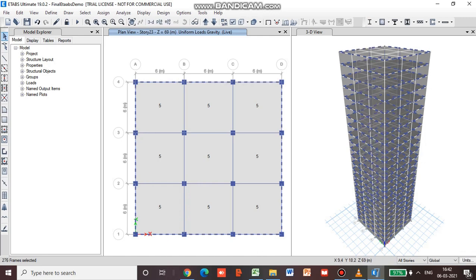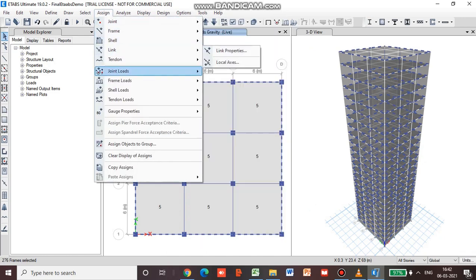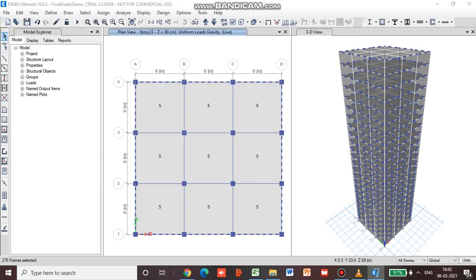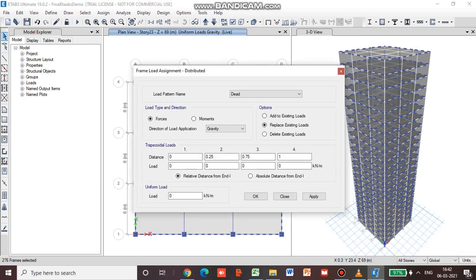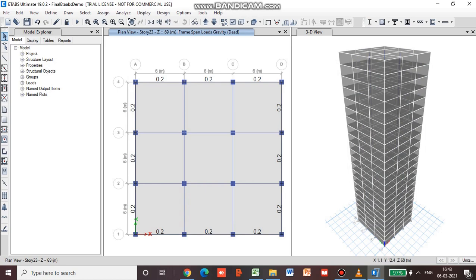Once we have selected all the peripheral beams, we will go to assign frame loads, and go for distributed. So go for a uniform load of 0.2, apply, and OK. So you can see a 0.2 kilonewton per meter applied over all the peripheral beams.